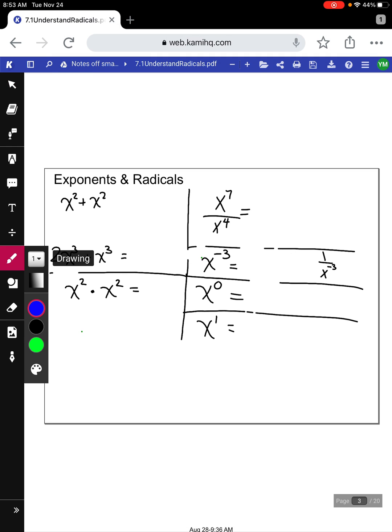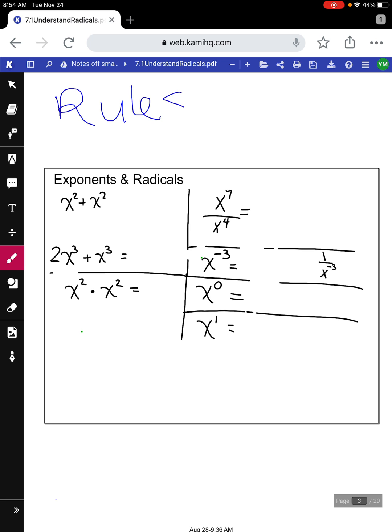Radicals and exponents. So exponents are powers. You need to know the rules, okay? The rules are according to the base. Okay, so the base is this bottom number. That's what the base means, the bottom. So whenever they have the same base,